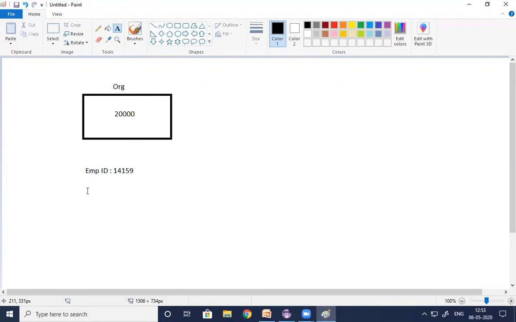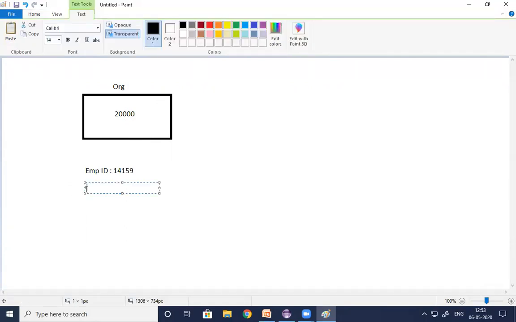Now, after some time, Kishore, I want to identify the number of Kishores in the organization. I can't depend on employee ID because employee ID is unique for every employee. For the number of Kishores, I need to identify which is the common identification for every Kishore in the organization. That is employee name. So with the employee name, I can easily identify the number of Kishores in the organization.